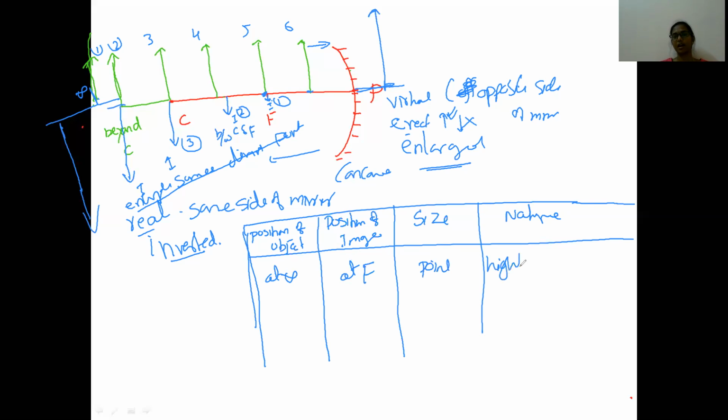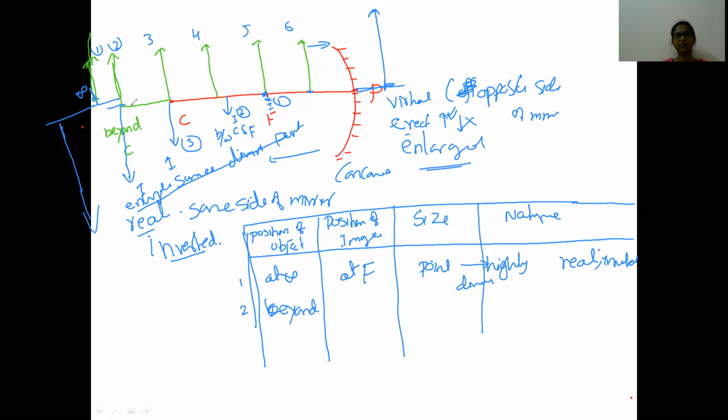Okay, children, the size is highly diminished, and the nature is, see, inverted and real. Same side of the mirror, right? So it is real and inverted. Clear, children? And the second case, when the object is behind C,